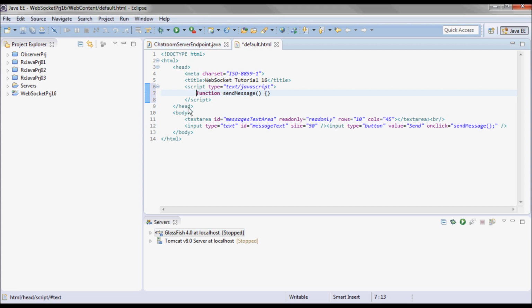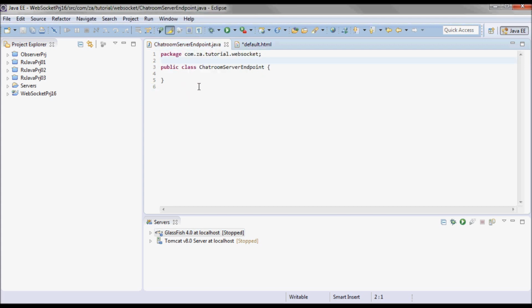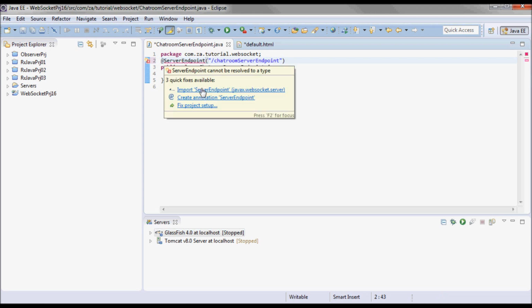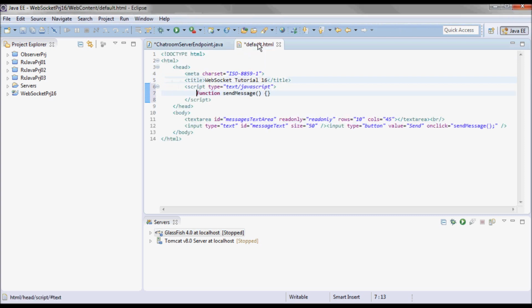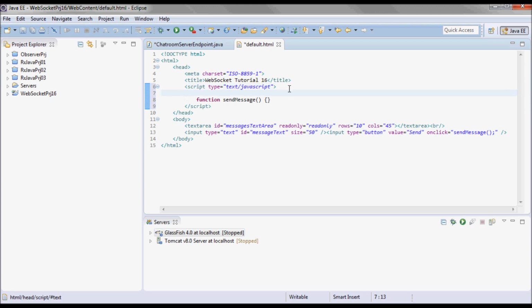And for my chat room server endpoint, I'm gonna annotate it as a server endpoint. And now on the JavaScript side, I can access that server endpoint by doing WS, and I'm gonna hardcode localhost for the purpose of this tutorial.